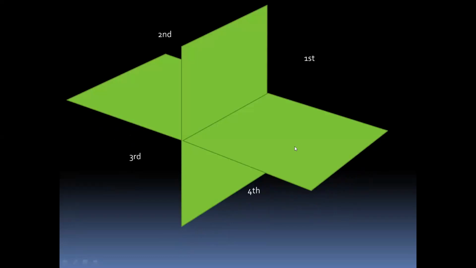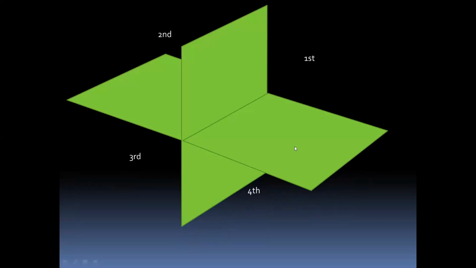Now we will discuss in detail what the first angle projection method is. In the first angle projection method, we assume the three-dimensional space is divided into four quadrants. Out of those four quadrants, we select only the first quadrant.